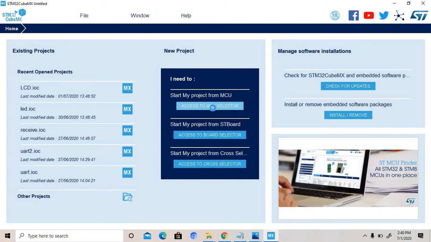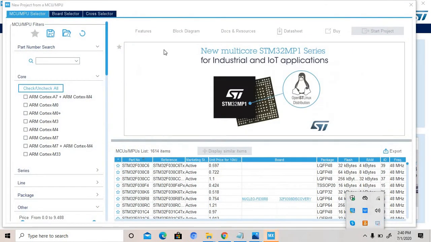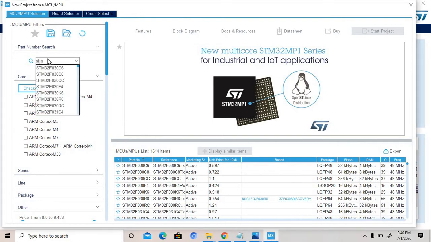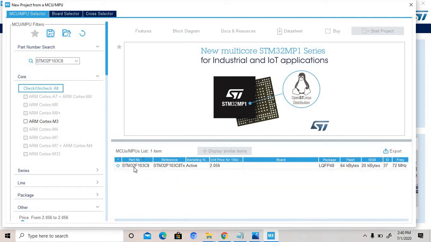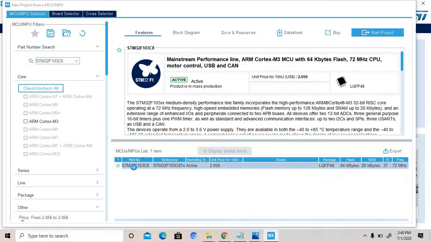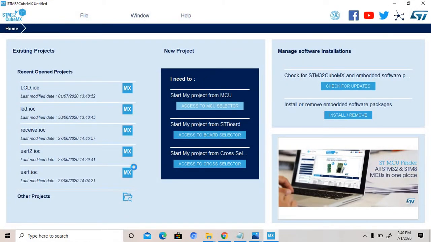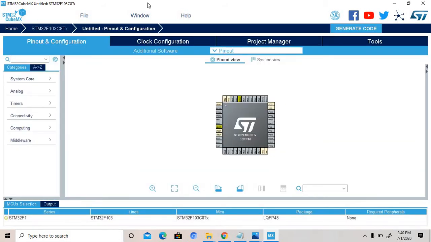Select. After that, STM32F103C8, you have to select this one. After that, double click. Then zoom it.